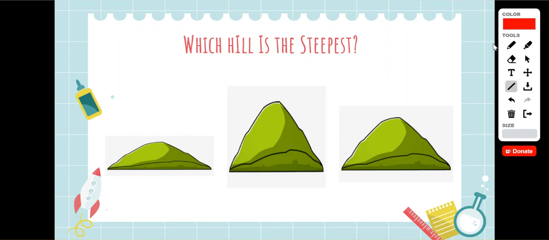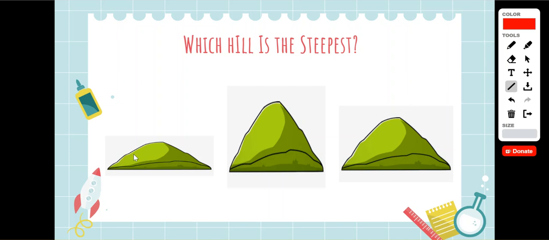Hey, so let's talk about what slope is. Slope is a comparison, a ratio between how far up and over you go. And even though you don't think about it much, you probably already know what slope is. For example, when you're looking at these little hills, you can kind of just by looking tell which one is